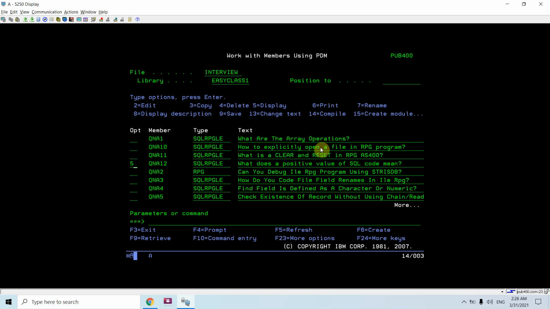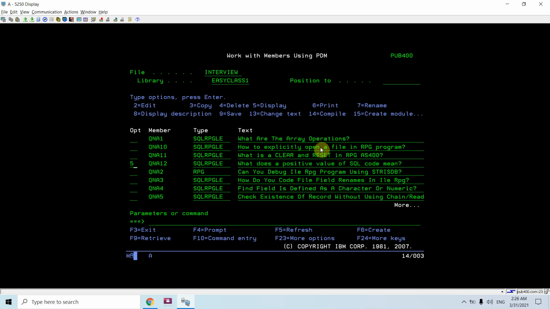Once no further record is found, you will receive the positive SQL code 100, which means no further record exists to receive in that cursor.